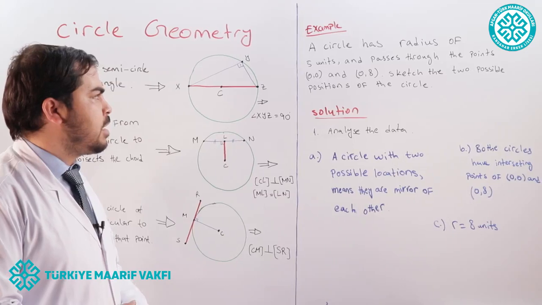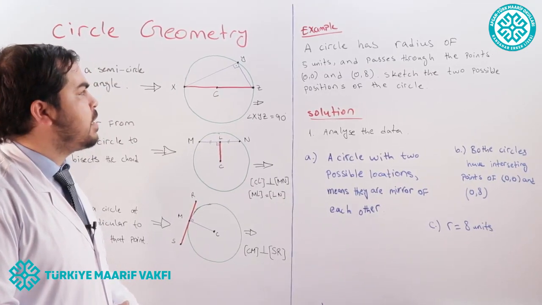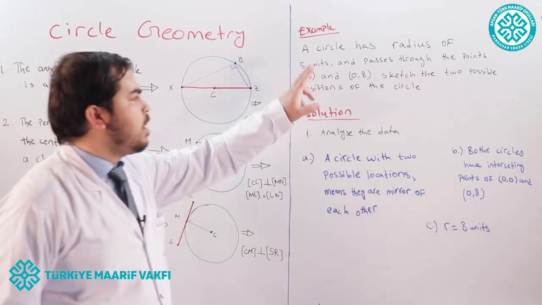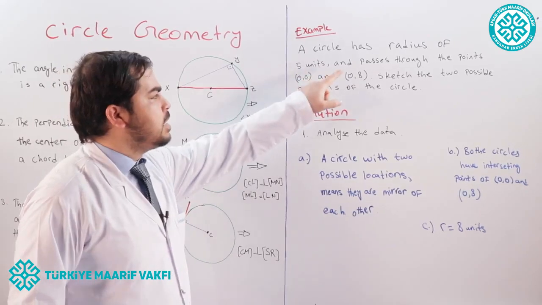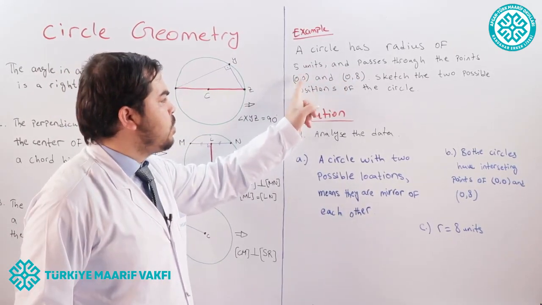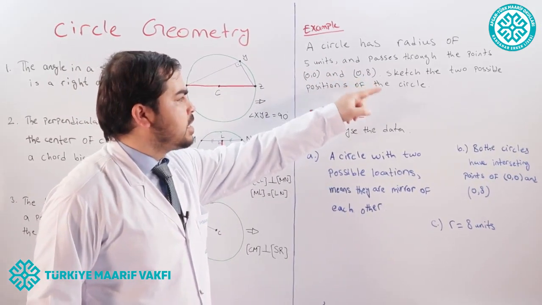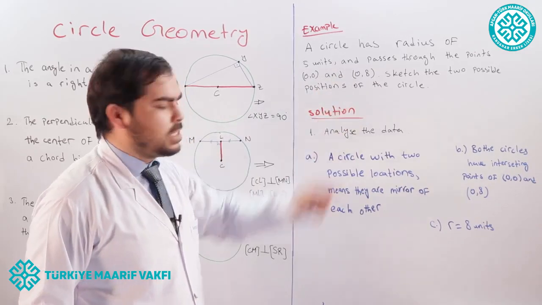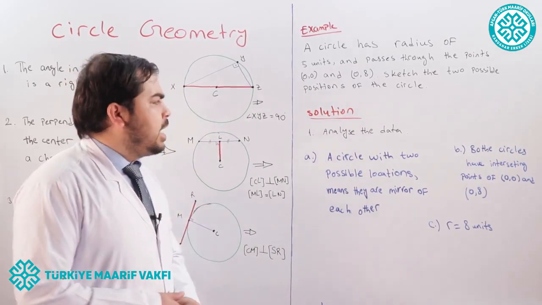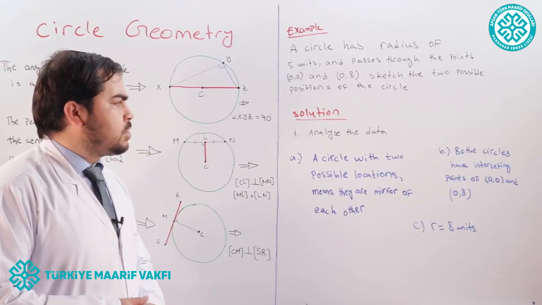Step by step we will solve this example. Here we have an example. A circle has a radius of 5 units and passes through the points (0, 0) and (0, 8). Sketch the two possible positions of the circle. Let's start to solve this